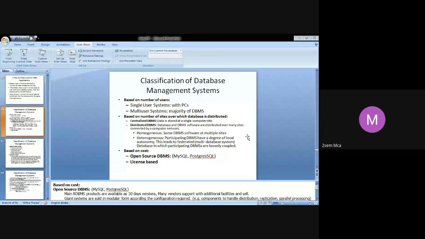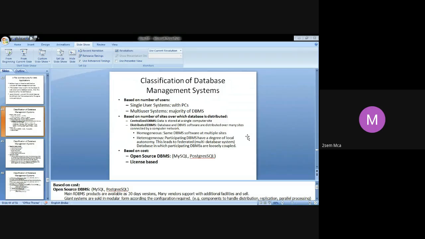Whereas when you talk of a distributed DBMS, you can have the actual database and the DBMS software distributed over many sites, and they're all connected by a network. Again, in distributed DBMS, you have two different types: homogeneous distributed DBMS, and heterogeneous DBMS.